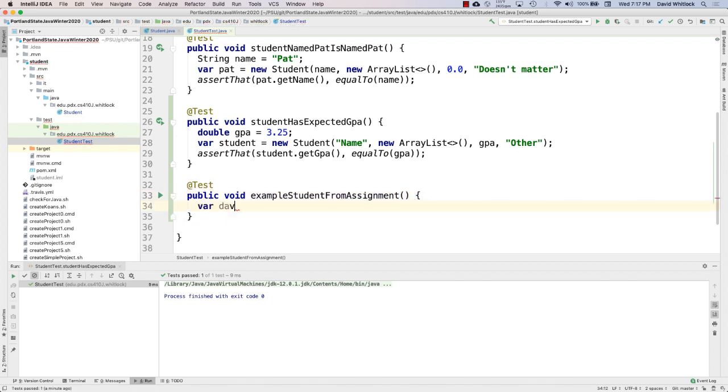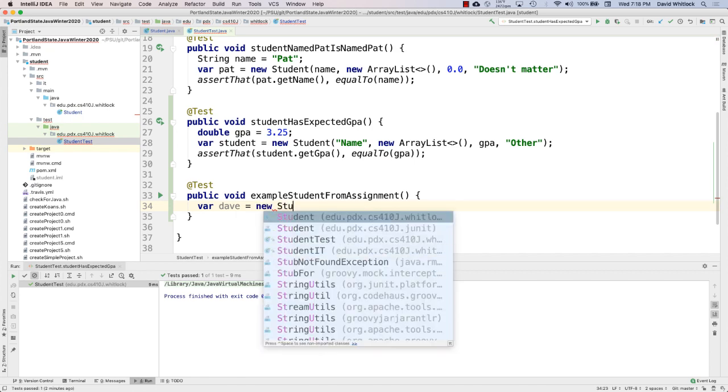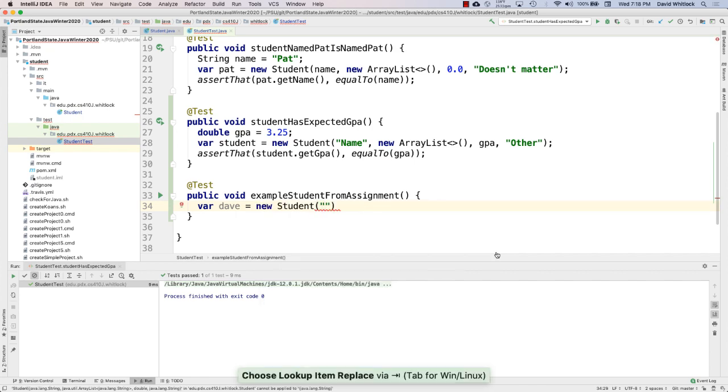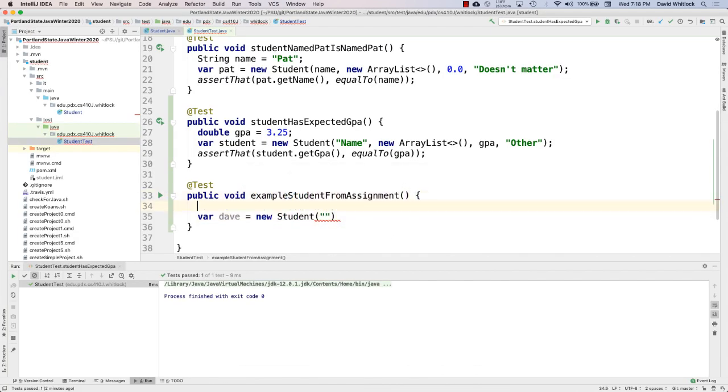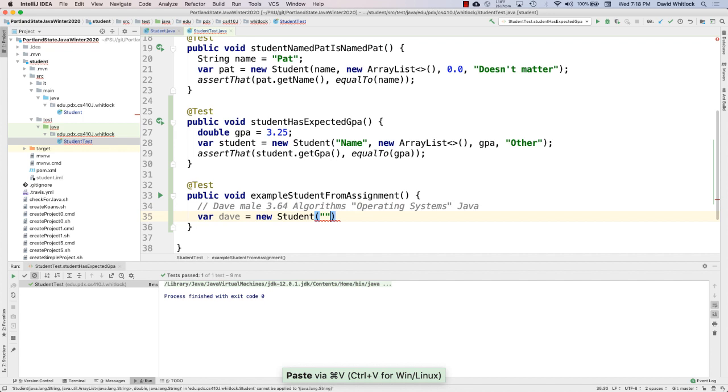So this is Dave, and that's a new student named. I'll just copy this whole thing here into a comment. So let's see here. Dave, and then what's the next parameter? Classes. So that's new